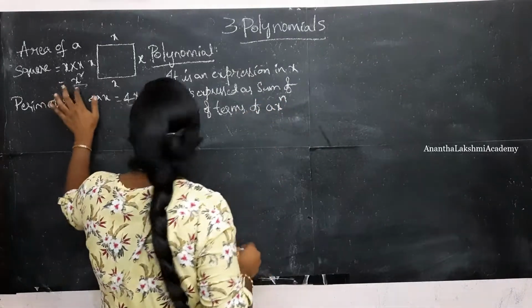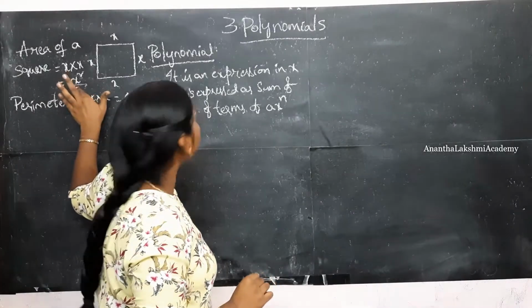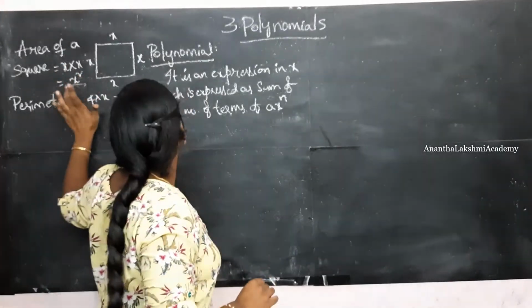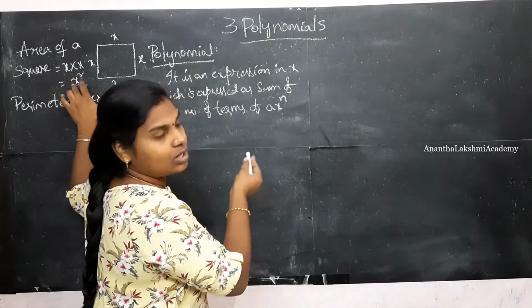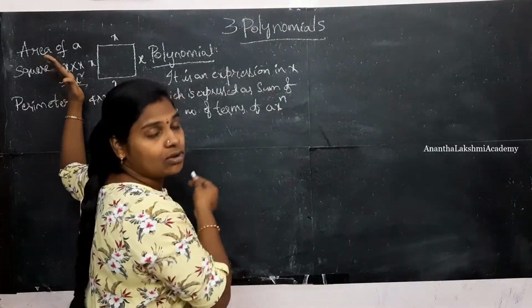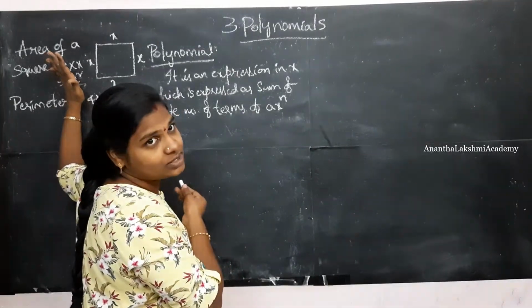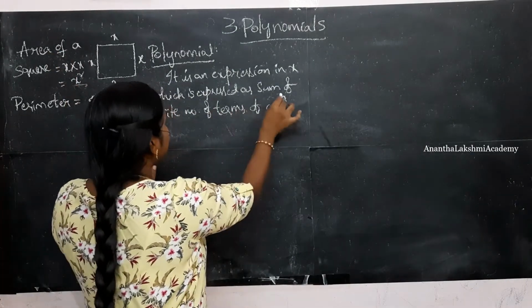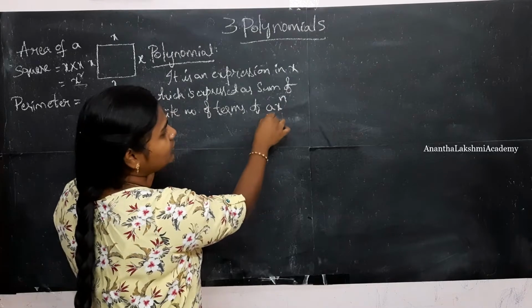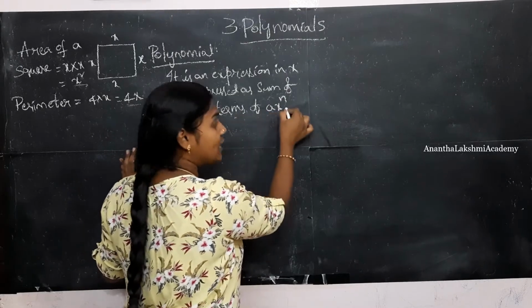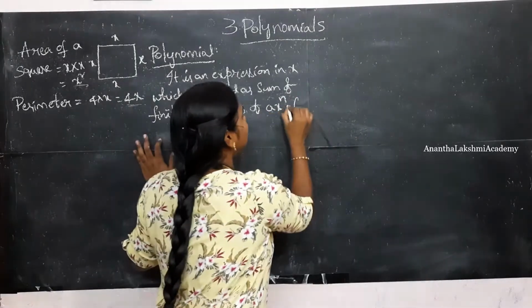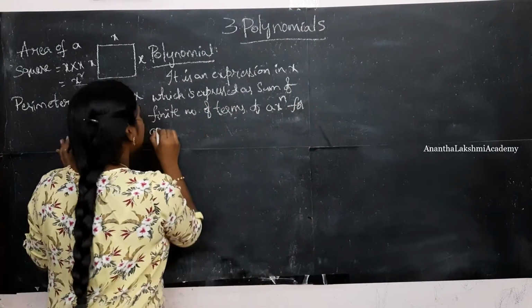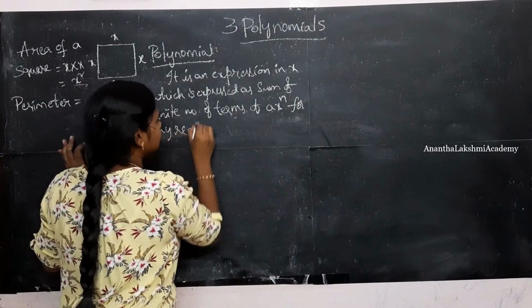What do we have here? X square is considered as x power n. Here there is no constant multiplied to x square, so we can consider a as 1. So it is expressed as a sum of finite number of terms of a into x power n, for any real number a,